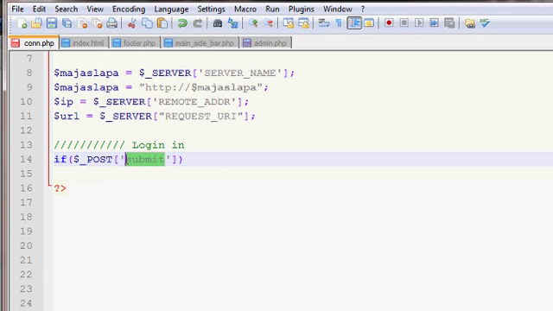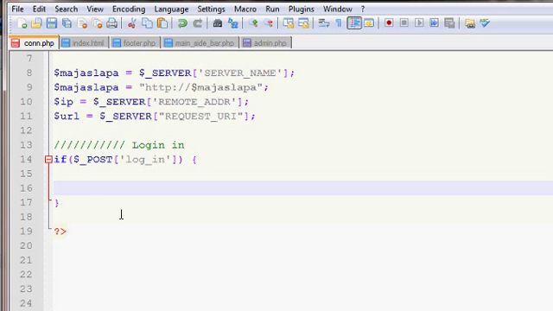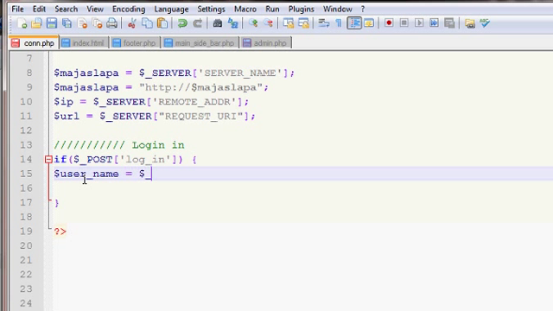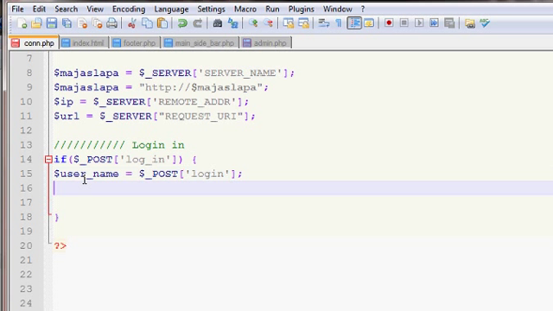So if submit login, let's get the information. User name equals post login, pass equals post pass. Okay, so